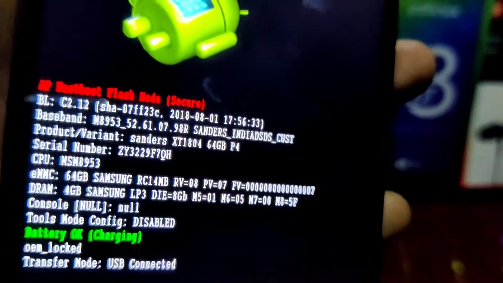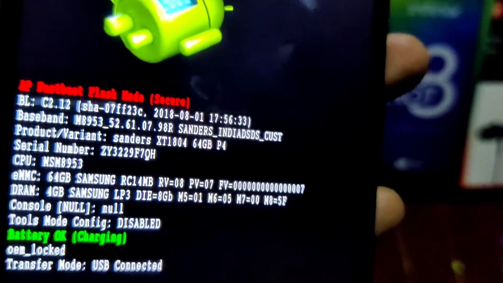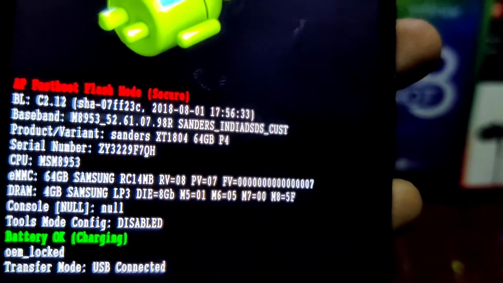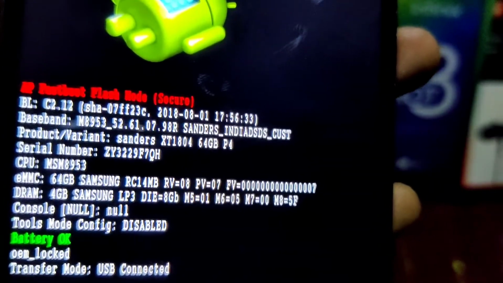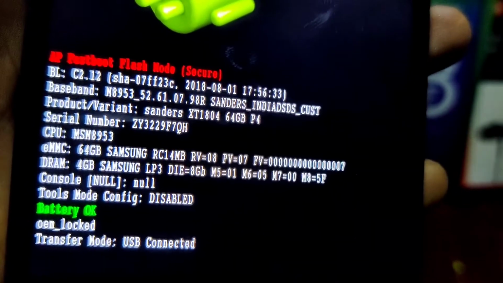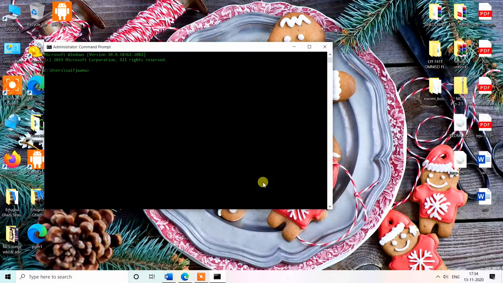I will show you all of the process on my laptop, and I will also type all of this process in my description. If you face any issues in the video, then you can read it and do it. I will explain briefly, but if you can't understand, then you can follow the description below. To unlock the bootloader, your PC should have an active internet connection, and you have to install ADB drivers. Almost every PC will already have ADB drivers. After doing all of these things, connect your PC to the internet. Then open command prompt and type the command fastboot space devices.